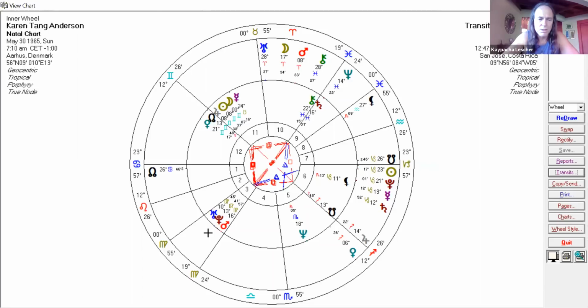So this can be a big problem for Karen anyway, because she's got Pluto, Uranus, and Mars in the third house. Too much information. She can feel sometimes like she's going nuts or going out of her mind, because Pluto is transforming your mind. And with Uranus there, it's intense and it's extreme. This comes